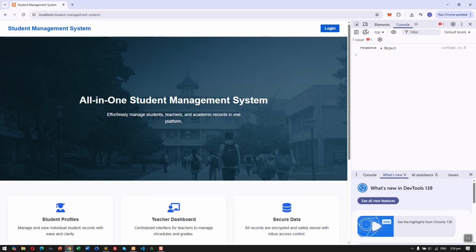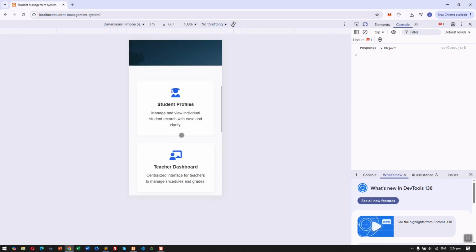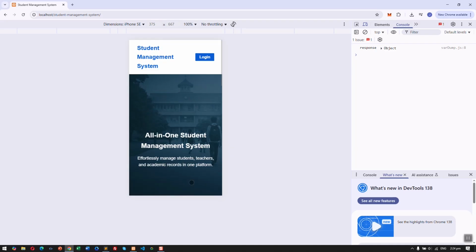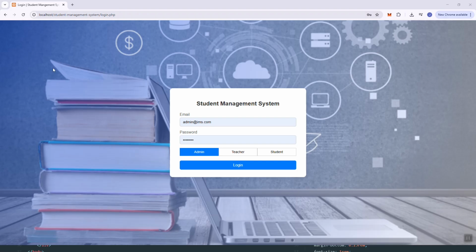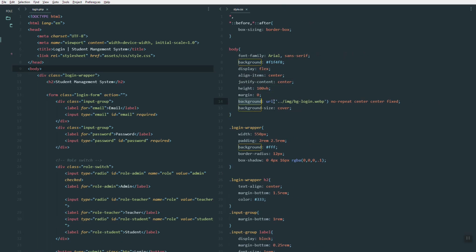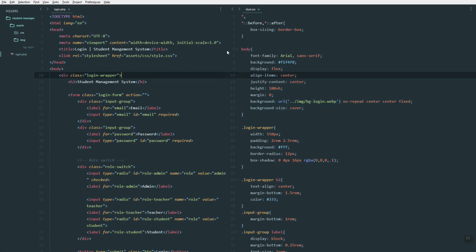So if we are going to change the size of our screen, let's say iPhone, as you can see it still looks good on small devices. So in our previous video we have created this simple login page, and just a note that I've added this section for the background image. I did not include this one in my previous video, but just add that section in style.css and then just upload the file. I just downloaded that file from the web,